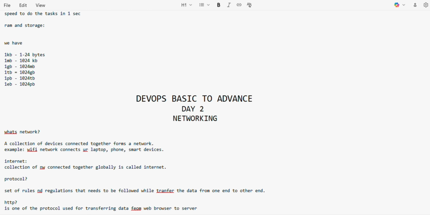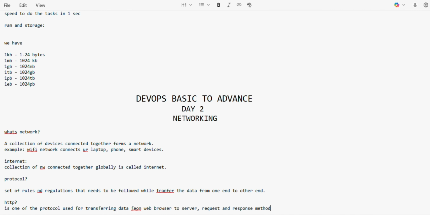So what HTTP does is it works on a request and response method, which means whatever data is requested by the user, the HTTP will send to the web server, and the web server will show the result back to the user.